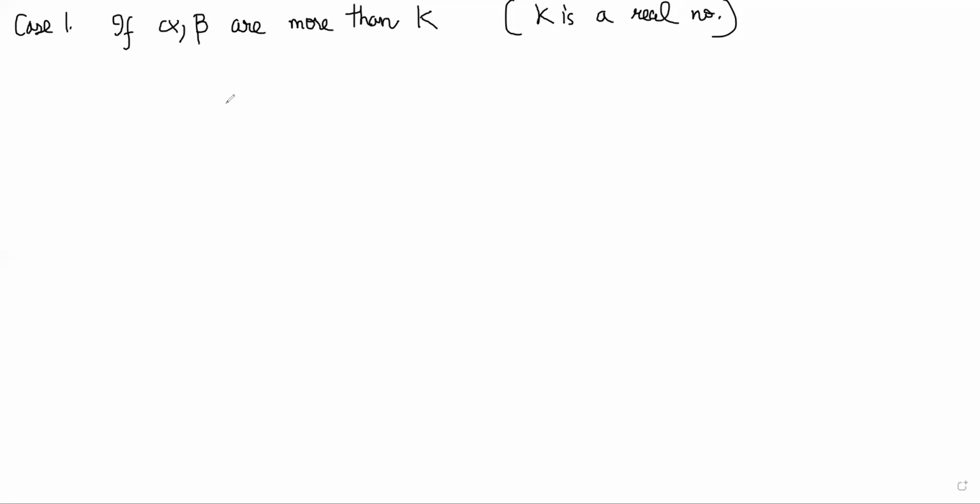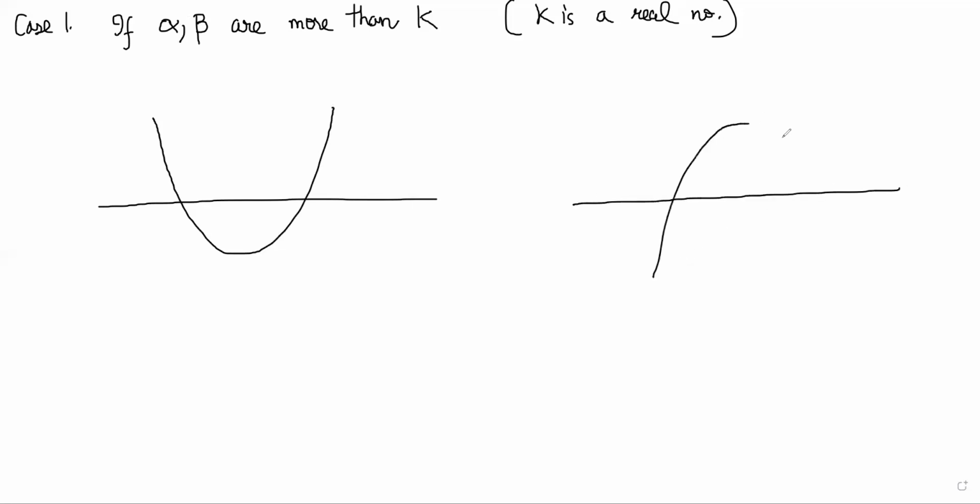Okay, so this is if alpha beta are more than k, and k is a real number, how do we solve this condition? Like what condition do we write for this one? So you take 2 cases, where the graph is like this or like this, right? So either you have a is greater than 0 or a is less than 0, and in both those cases alpha beta are these roots, and you have to say that alpha beta are greater than k, right? So k must be somewhere here, right? Then only you can say alpha beta is greater than k, right?